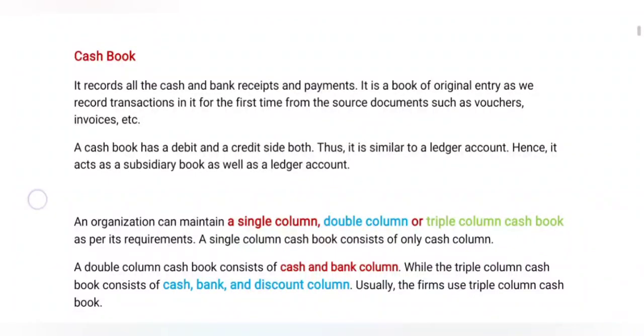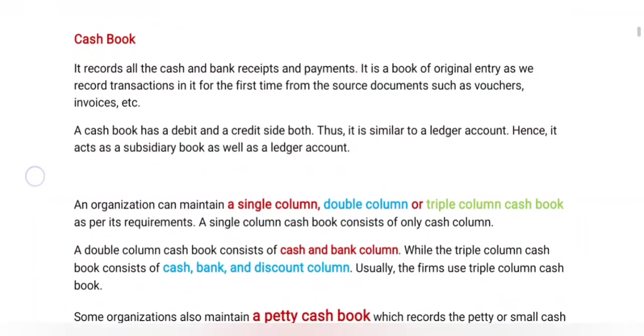The cash book is a book of original entry, as we record transactions in it for the first time. Why? Because it gives the journal entries. That is why it is also known as the day book. For example, cash received from Ramu is a cash transaction we enter. Cash purchases and cash sales are entered too. All cash related transactions are recorded.